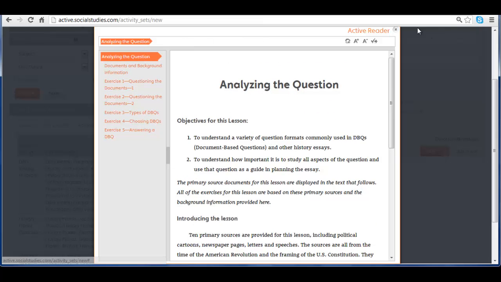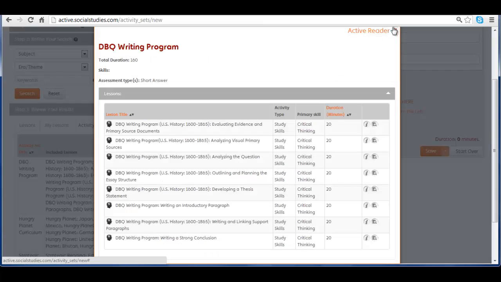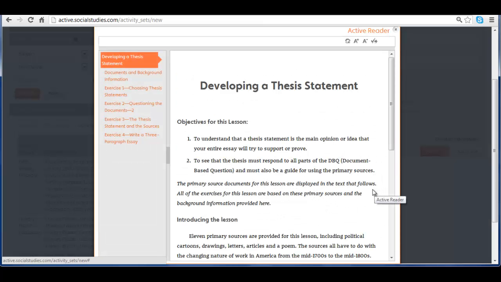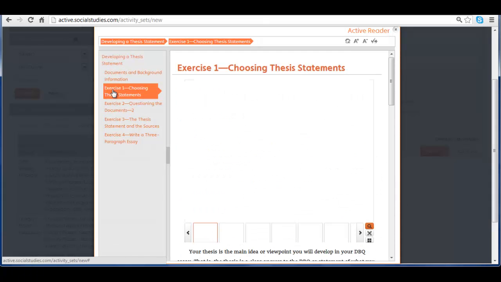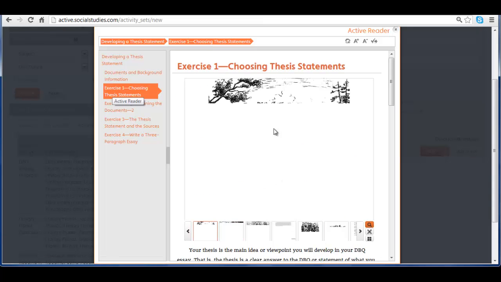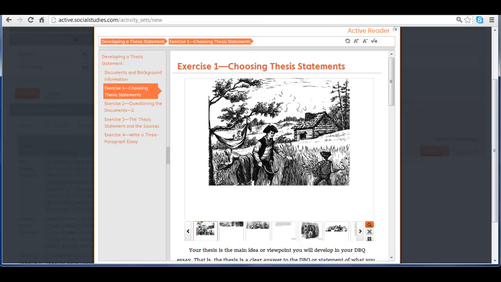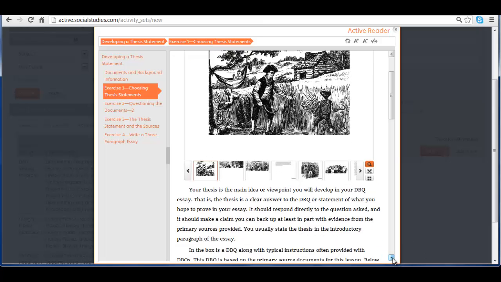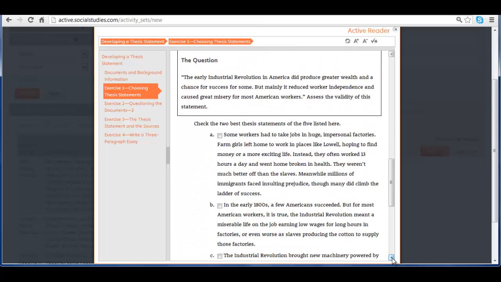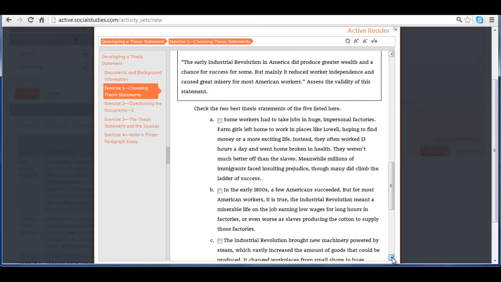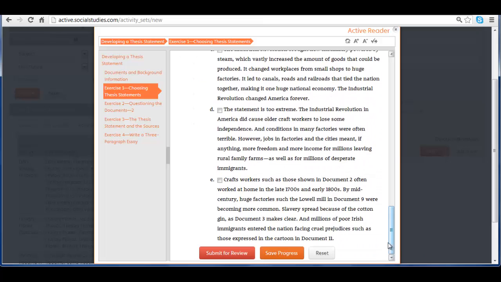It's really also very important to go in and look at, for example, developing a thesis statement. In this one, the students are shown possible thesis statements. Once again, they're given a set of 10 primary sources, both visual and textual, and then they're introduced to the idea of: here are 5 thesis statements, and based on the evidence above, the students are going to have to check off which 2 they think are the best thesis statements, and then you'll review together as a class